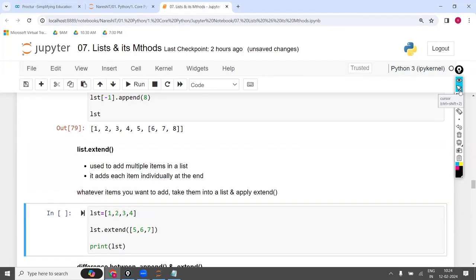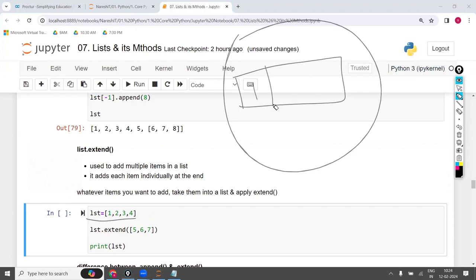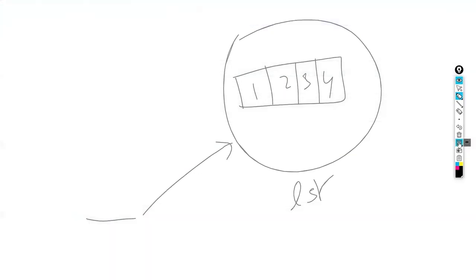Now you apply the extend function on that, whatever the items you want. So for example, here I'm having the list of 1, 2, 3, 4, and LST. This is the line meaning. Up to here completed. First line completed. Now for this, I want to add multiple items. What are the items I want to add in my mind? I want to add 5. List of 20, 4 I want to add. And list of 20, 9, 16 I want to add. And SRK I want to add. These are the 4 items I want to add.